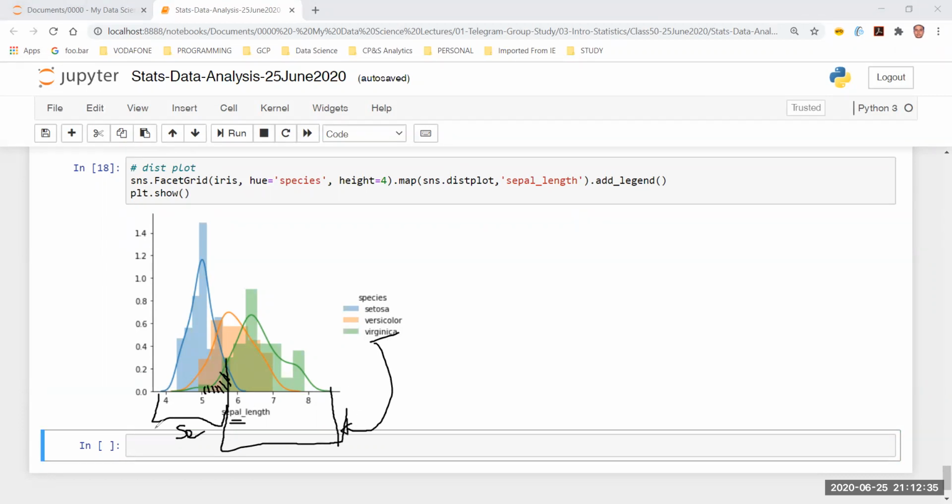That is also an approximation. Area under the curve plays a very important role here, and there will be errors in the approximation as well, which we'll see later. But that I can do, but I can't really generalize between the versicolor and the virginica. I can't really say, basis the sepal length, there is a clear demarcation of setosa flower. So that's one finding.